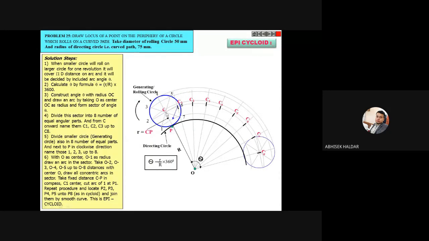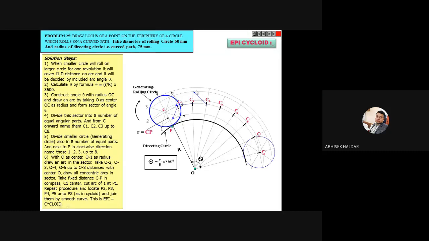So the last step is again the same as I told. If the C points are clear, I think everything is clear. CP will be taken. From the point C1, cut the first arc line. The first arc line and seventh arc line are the same. Similarly from C2, cut the 2 arc line, the arc line that is coming from 2. Here you will get a point. From C3, you will cut the third arc line, that means the 3-5 arc line.